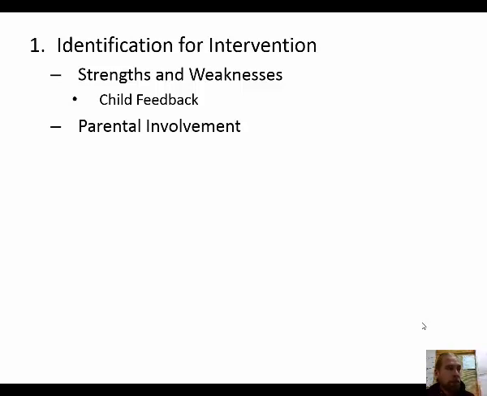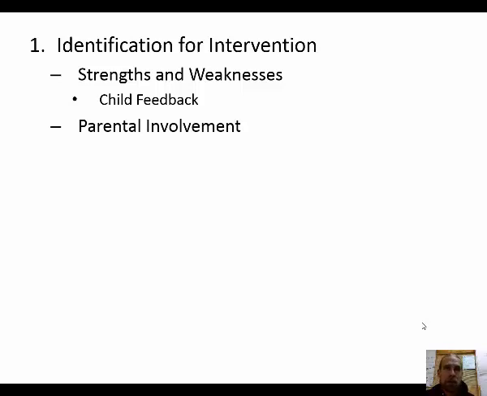It's also very important to be able to identify for intervention. Early intervention makes all the difference, and we know that, all of the research points to that. So that's part of why you're here, to identify the weaknesses or major areas for improvement. Perhaps a child has a learning disability, perhaps they have some sort of other functional disorder, whatever it might be, but you're there to look for those weaknesses, but you're also there to understand the strengths of the child so that you can push them to the upper limits of their abilities.